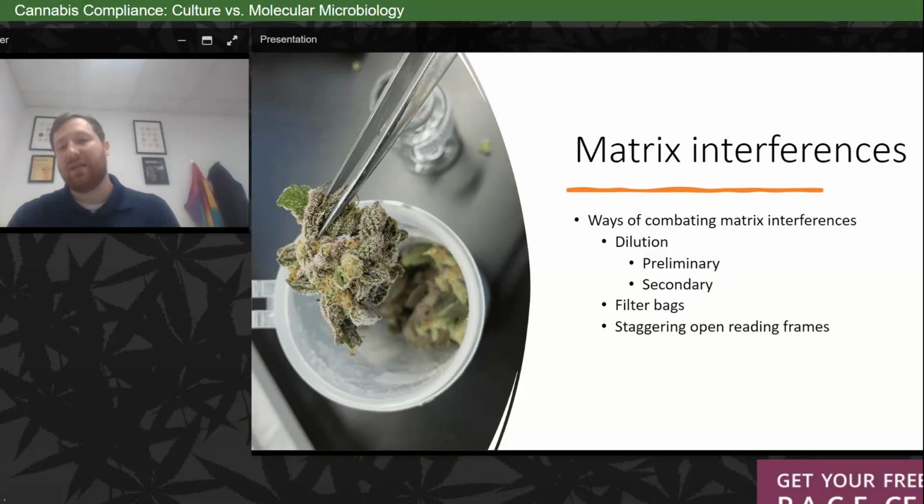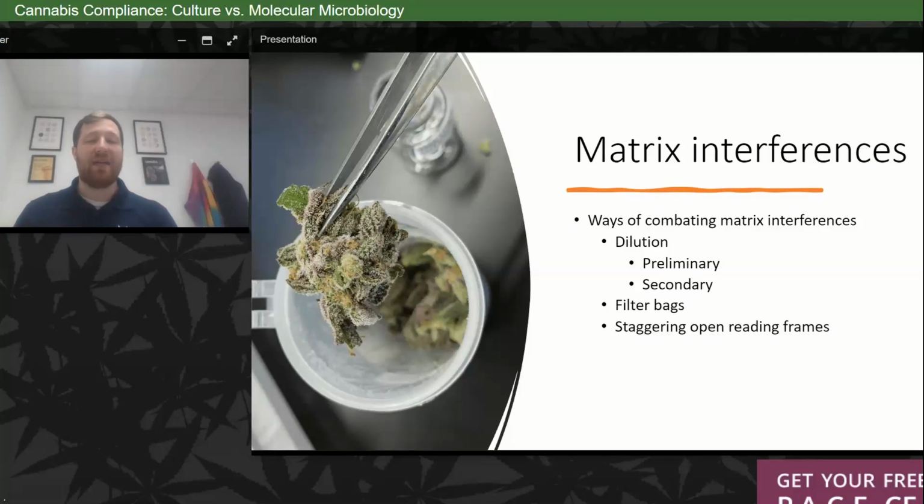so that you can get that proper HEX signal or internal control signal. Always check with your manufacturer, on both media or culture based, or if you're strictly molecular or vice versa, if you're having these matrix interferences. The second thing would be filter bags. So microbiology should be using filter bags where you can weigh on one side of the bag, add your diluent, homogenize with your hand or stomacher, and then take the eluent from the other side to completely avoid taking up a complete cannabis leaf.